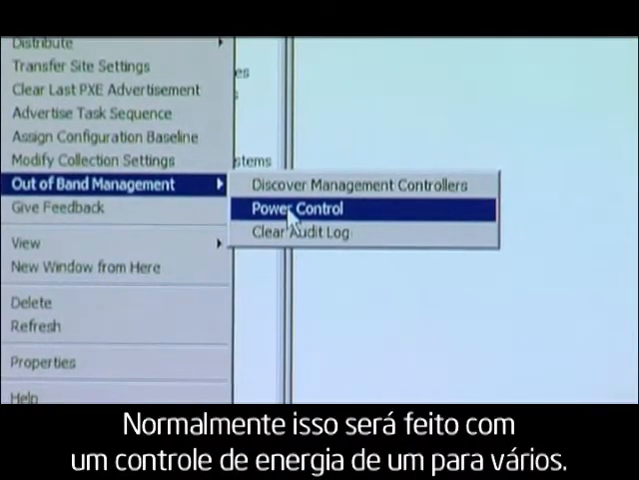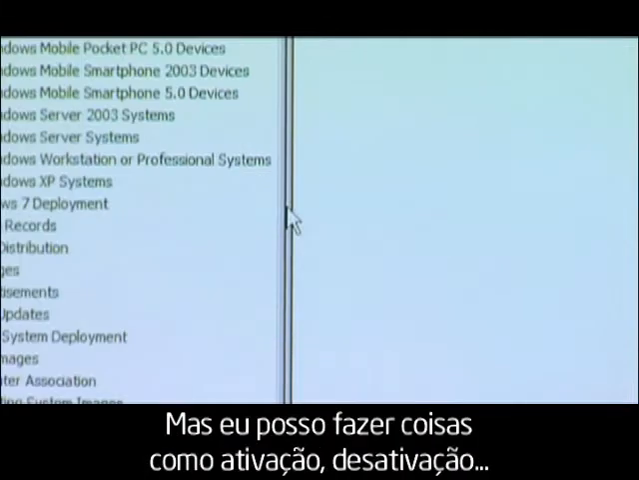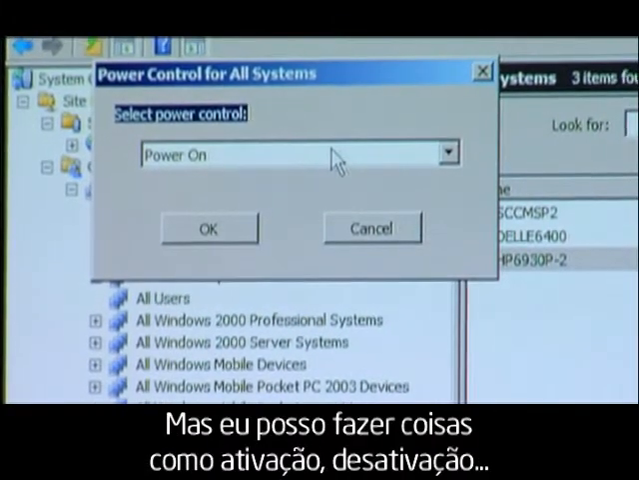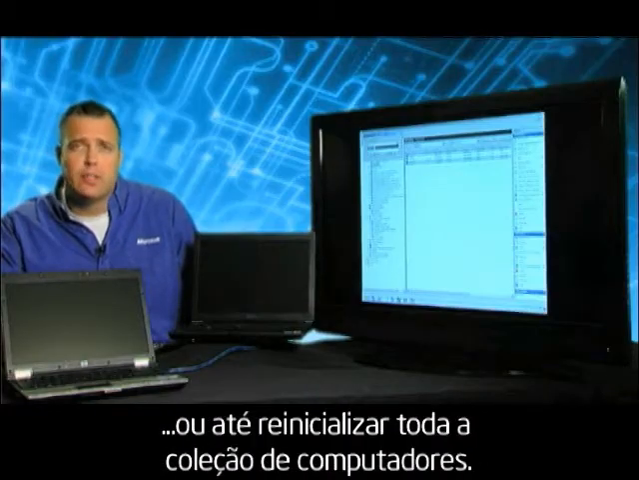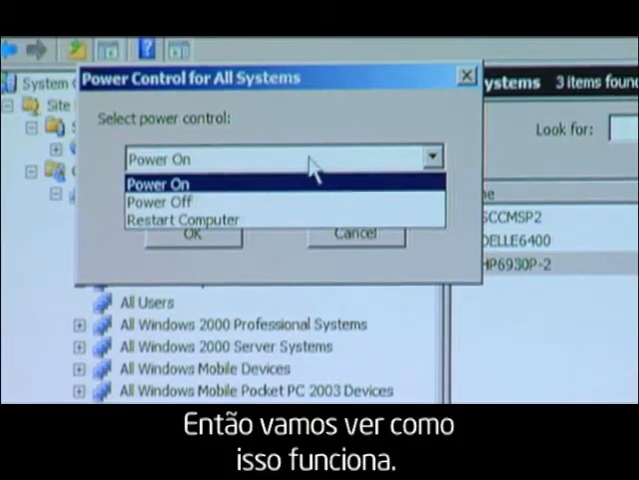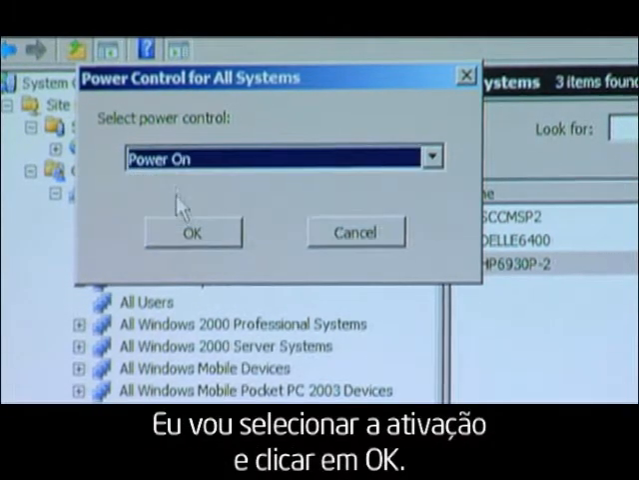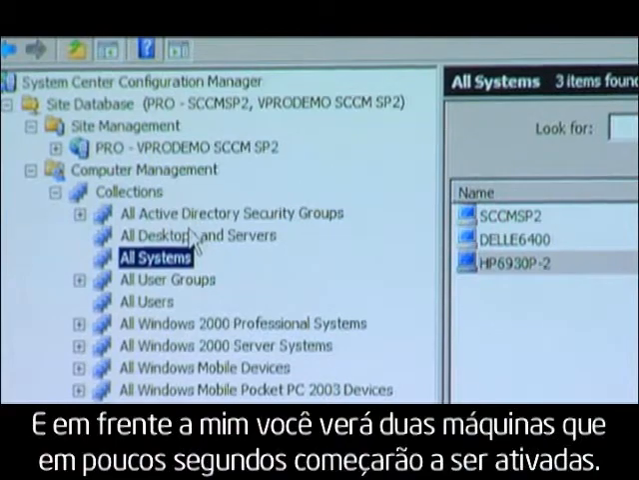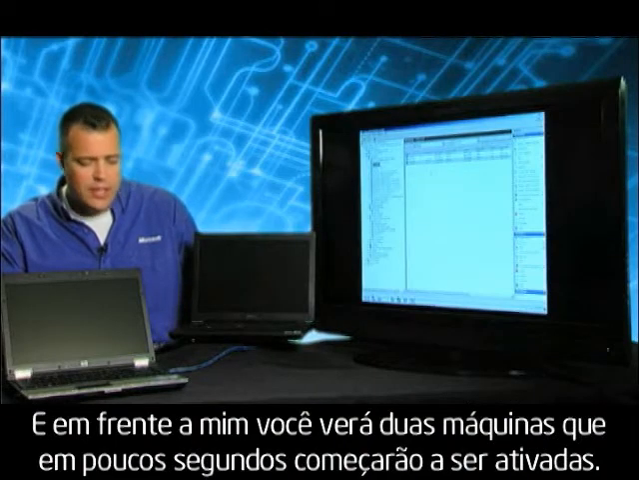Typically this would be a one-to-many style power control, but I could do things here like wake up, power down, or even restart an entire collection of computers. So let's see how that works. I'm going to select the power on and hit OK. And in front of me, you're going to see 2 machines in about a couple of seconds here start to